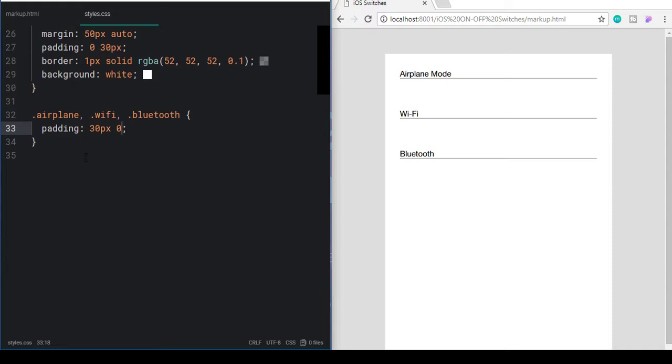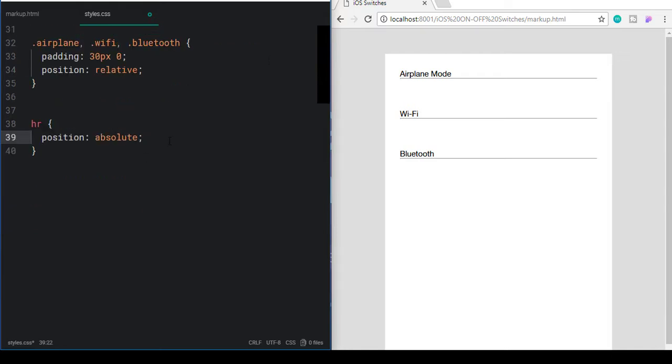And let's now style our HR first. So for HR, let's position it absolutely, and on these three things, the airplane, Wi-Fi and Bluetooth, let's position it as relatively. So we can absolutely position this HR according to these three sections. So position absolute, we don't want any border, and let's give it a height of 1 pixel,